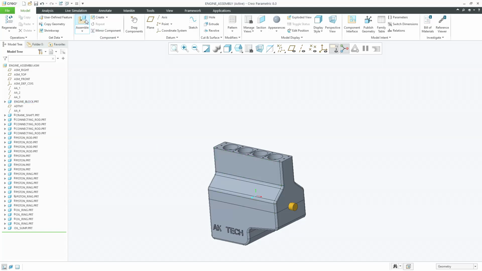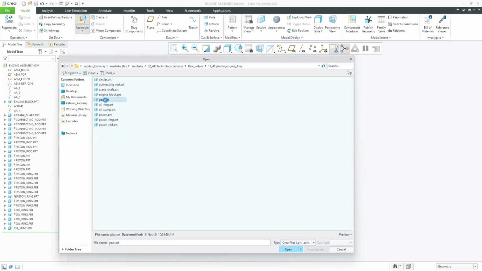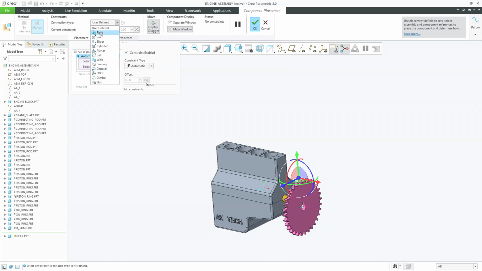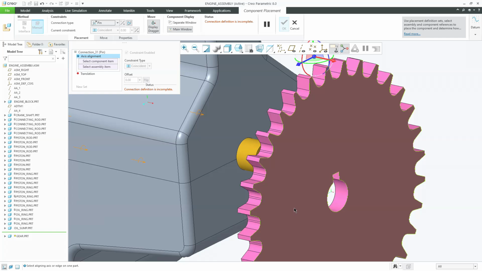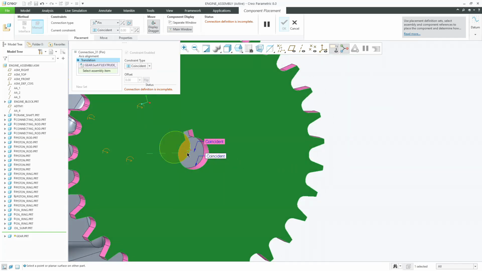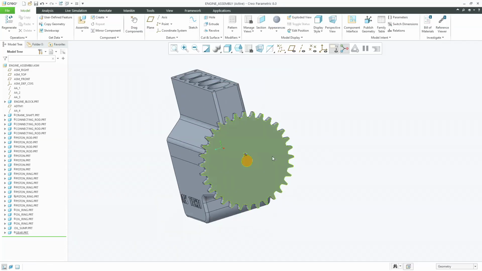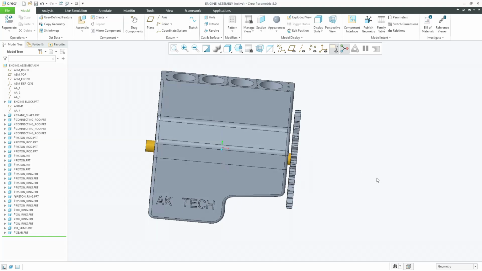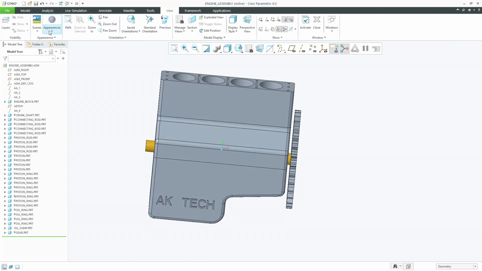The final part, I'm going to assemble the gear. The gear is also going to have a pin connection, which will showcase how the crankshaft is going to rotate. So I'm making a pin connection, selecting the surface to surface connection, and for the translation, the surface to the surface as a coincidence. For a better understanding, I'm going to change the color of the gear